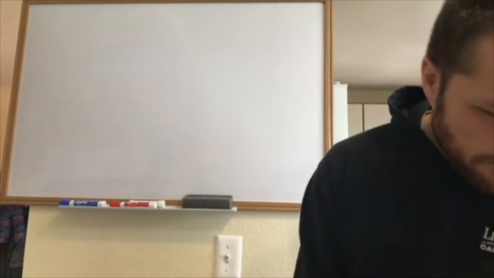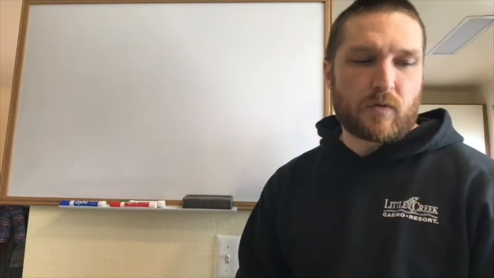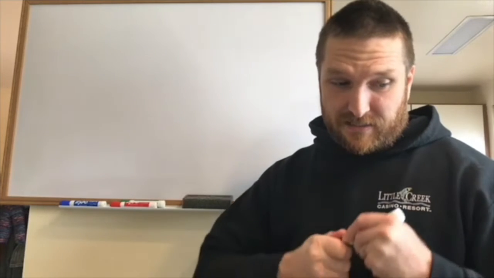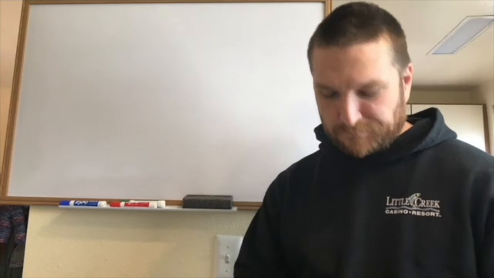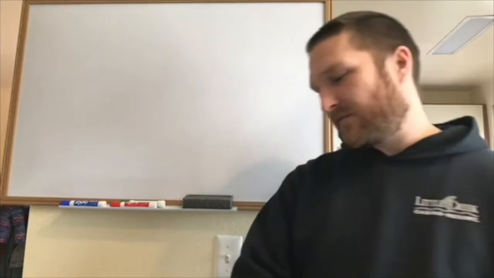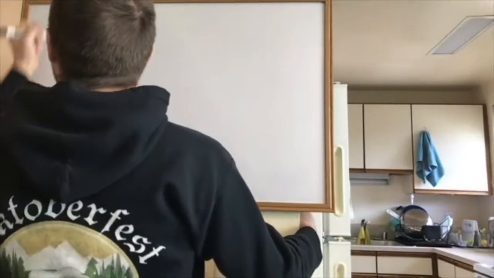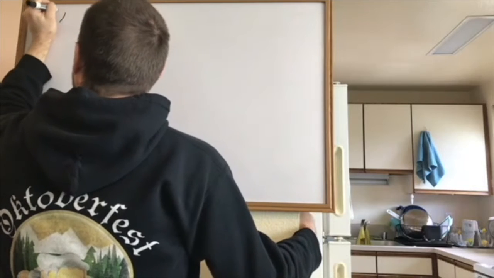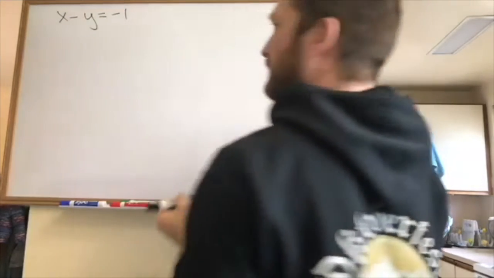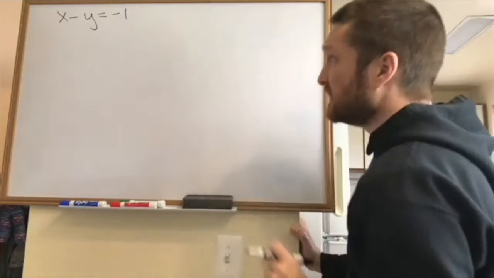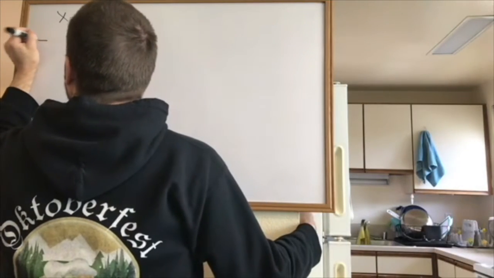So, okay, moving on to chapter 4, section 6. We are talking about consistent and dependent systems. So first off, let's get a system of equations. How about let's do one we've seen before, or something like what we've seen before. We've seen this. How about this? How about